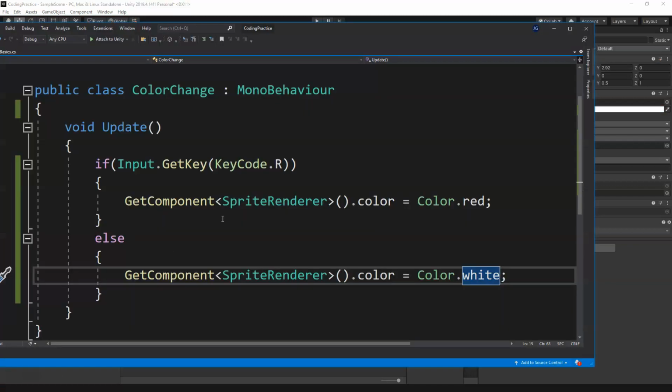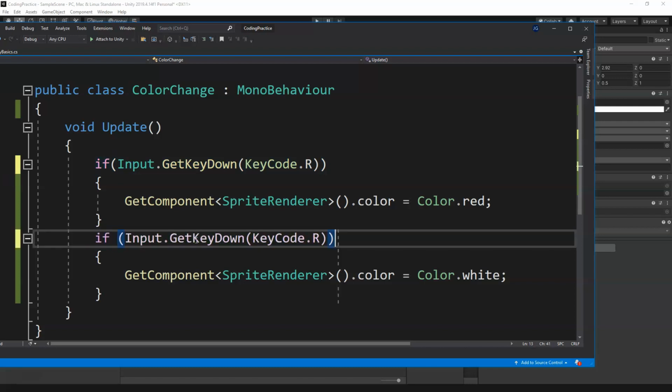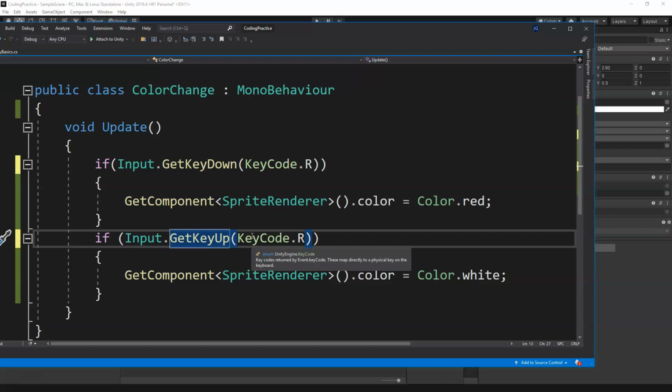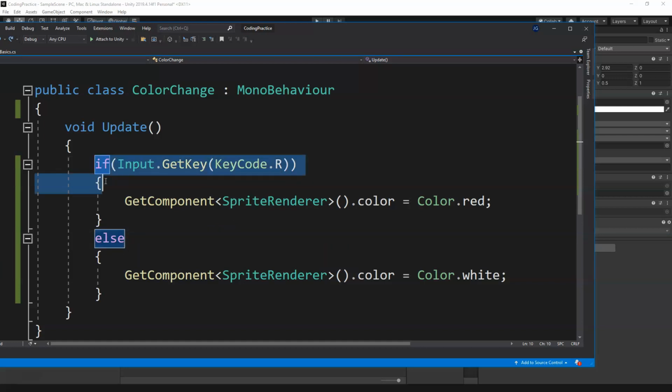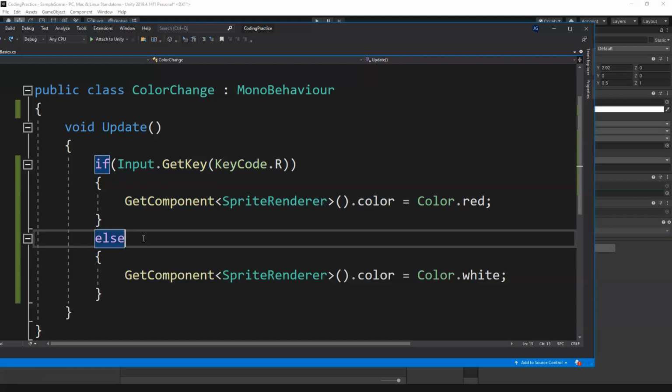Now you may notice I could also do get key down, and then for this second if statement, I could do get key up. Similar. And it will have its uses depending on what you are coding. But for this example, this method works a little bit more readable and efficient. So we're going to save that